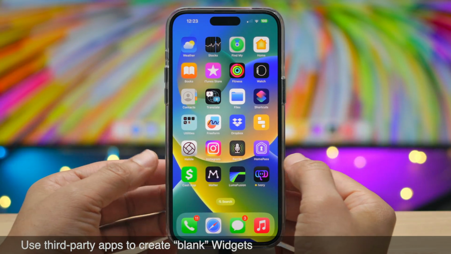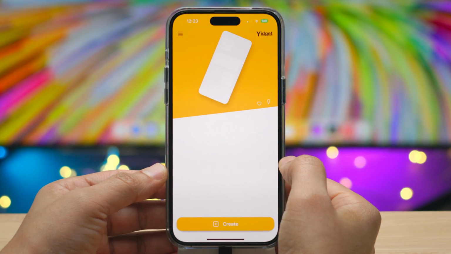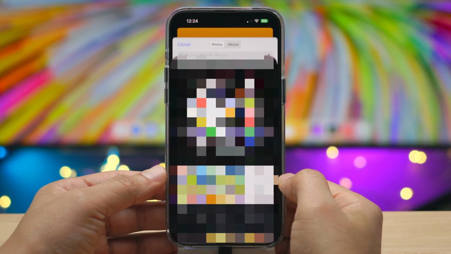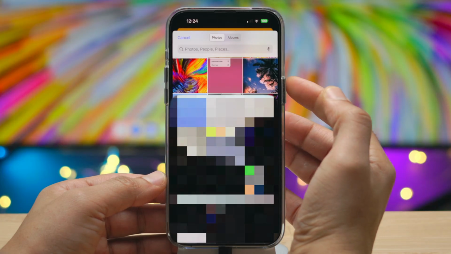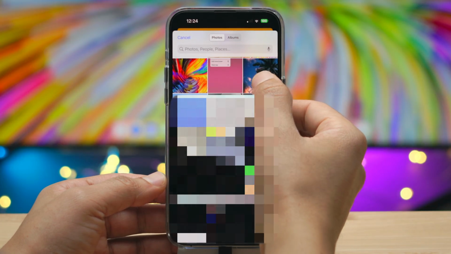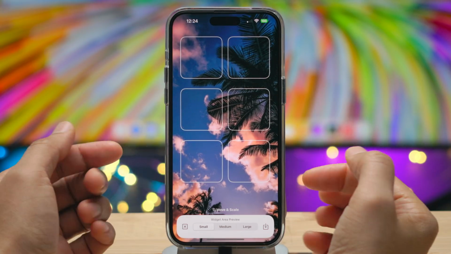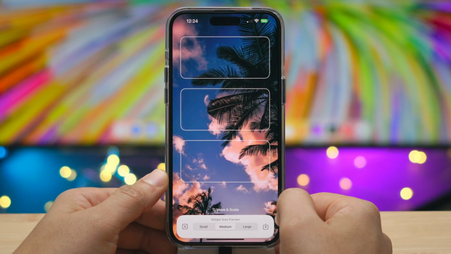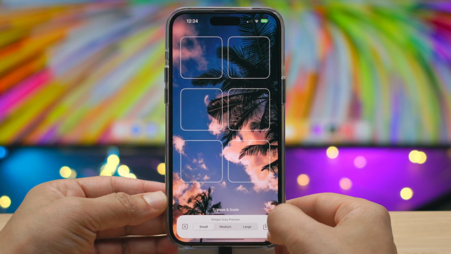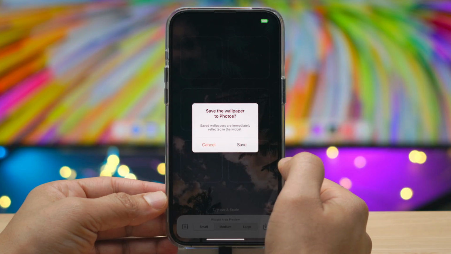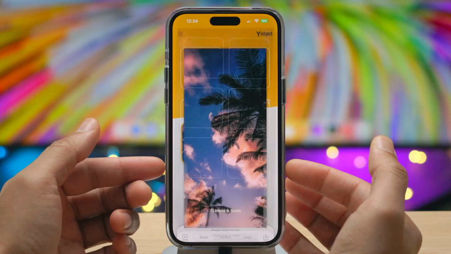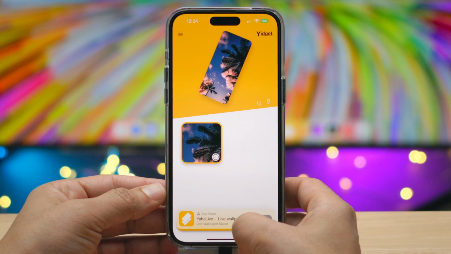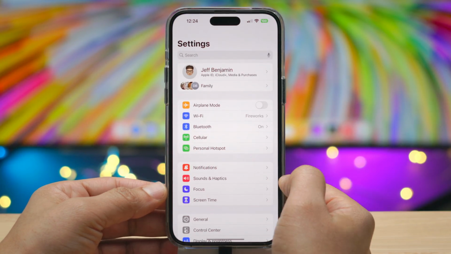Now, here's a cool tip. You can use third-party apps. One app I'm using here is called Widget. I believe that's how you pronounce it, but you can use this to create quote-unquote blank widgets to further customize your home screen. Now, let me show you how this works. So basically, you select a photo and then you export that wallpaper to your photos. Just like this. But what this app also does is it creates widgets, small, medium, and large versions based on